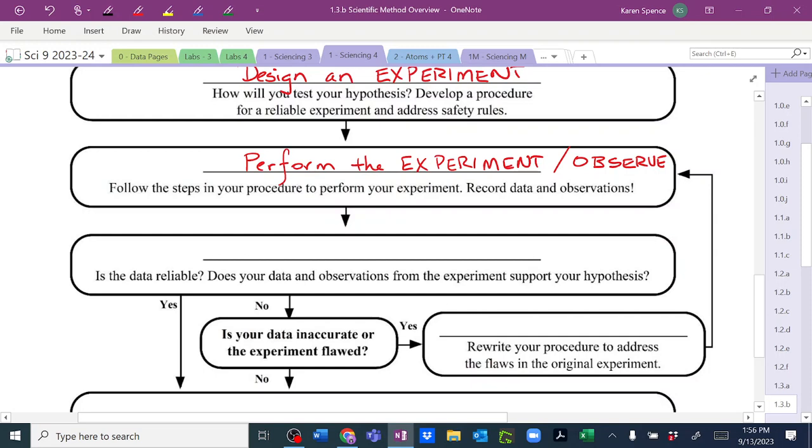Next, you're going to take a look at your data. Is your data reliable? Does your data and observations from the experiment support your hypothesis or not? What are you doing with your data? You are analyzing your data. So analyze,